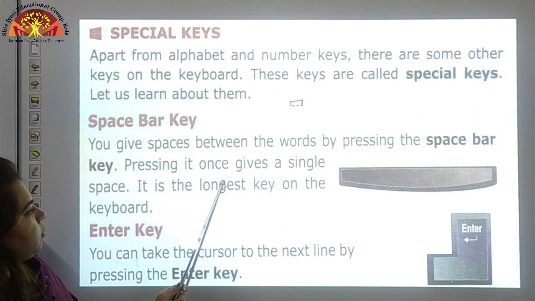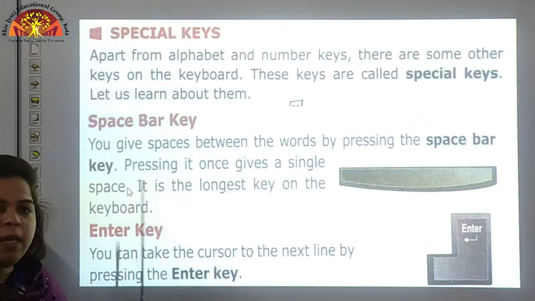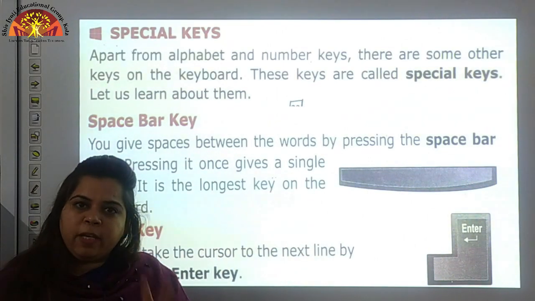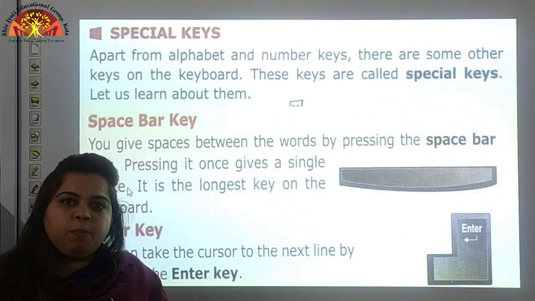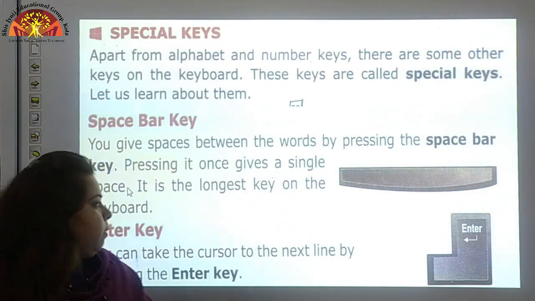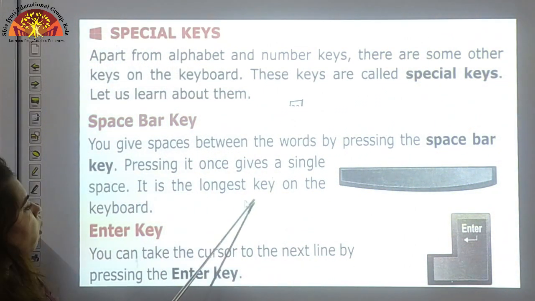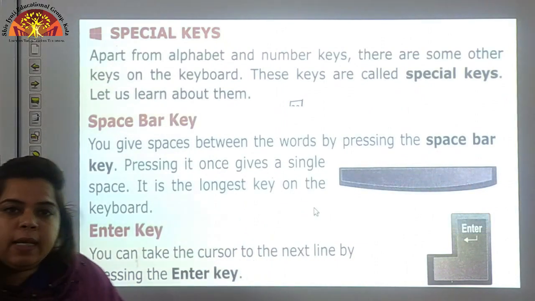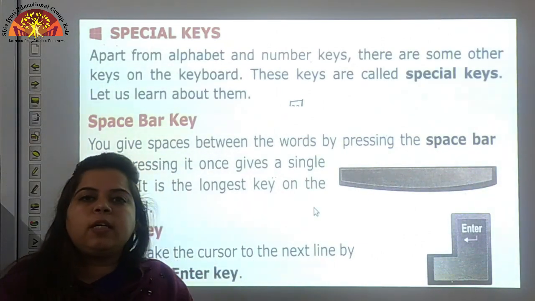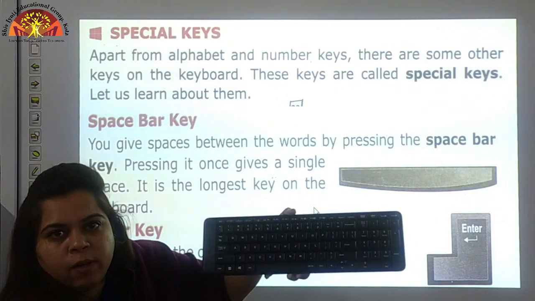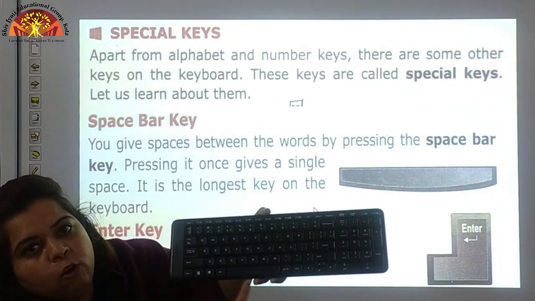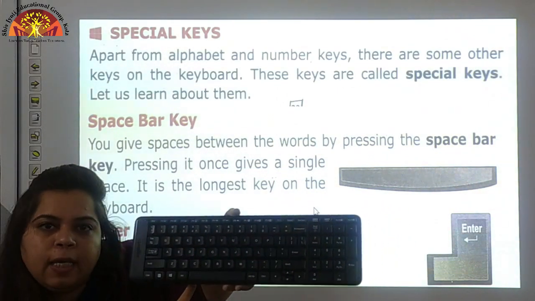Pressing it once gives a single space. It is the longest key on the keyboard. You can see over here, children.